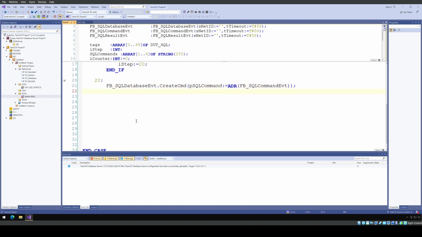Okay, then now we can do the same thing. If fb_SQLDatabaseEvent.bError, it means some error here. Then we can do the same thing, error count +1. Then we can step to 9992, the error step. Okay, then if not, it means that